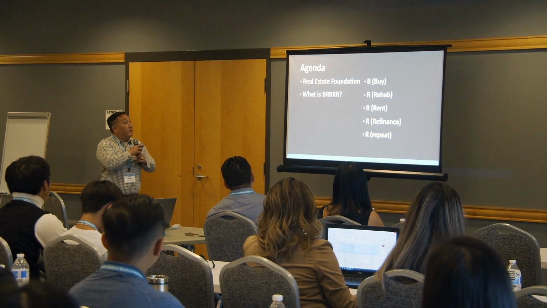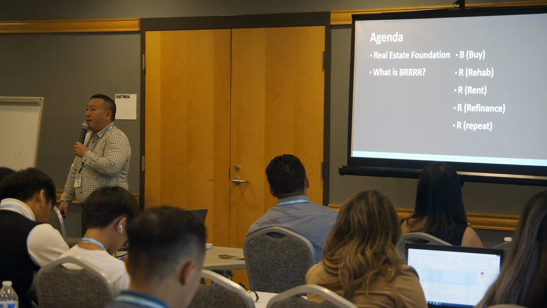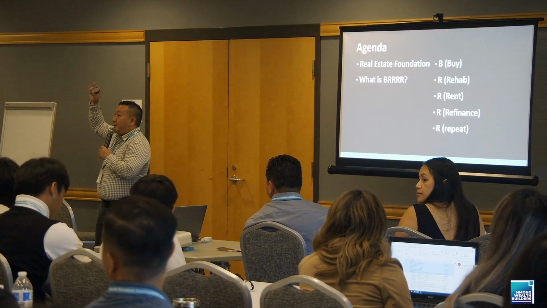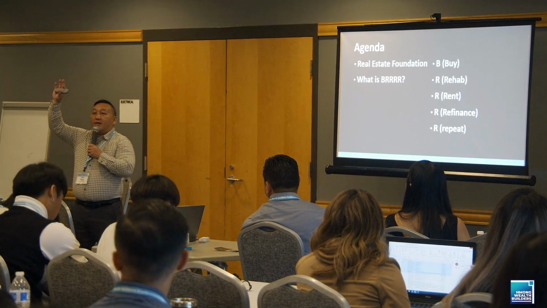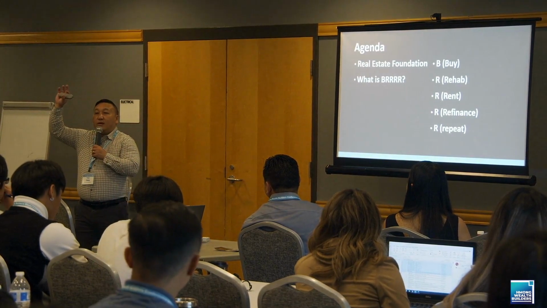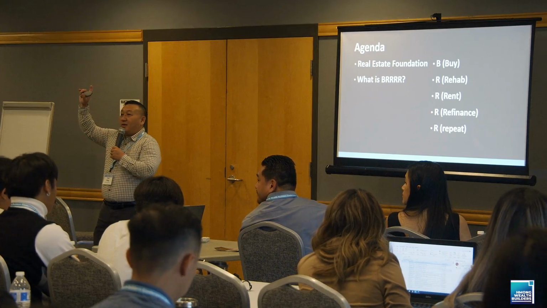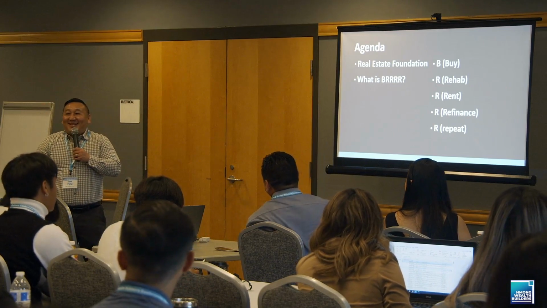All right. So here's the agenda. Even though I said we're going to do the BRRRR method, I want to start off with some foundational stuff, right? So who has 5 properties or more in here? Or 5 units? Yeah, 5 units or more. All right. Who has 3? 2? Cool. 1? 1 property? You gotta raise your hand higher, man. You gotta represent your 1 property. All right? That's good already.